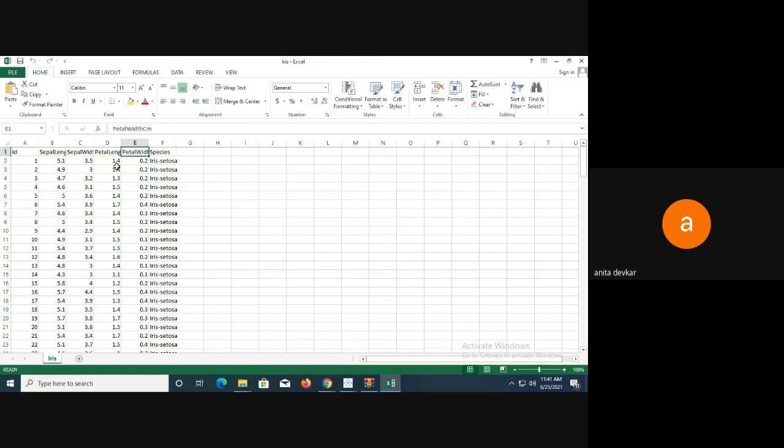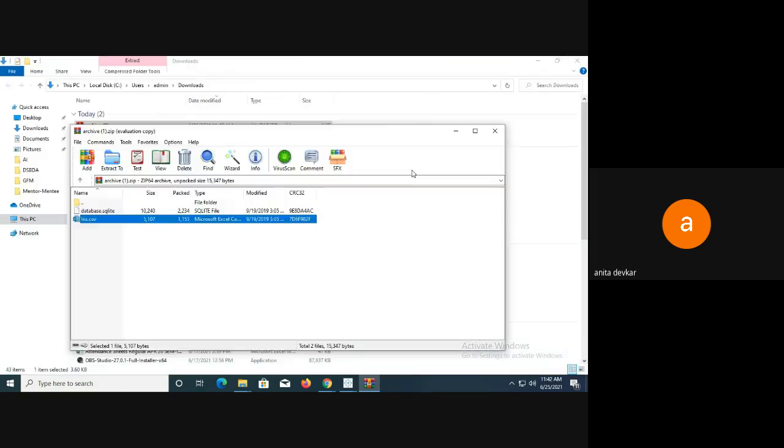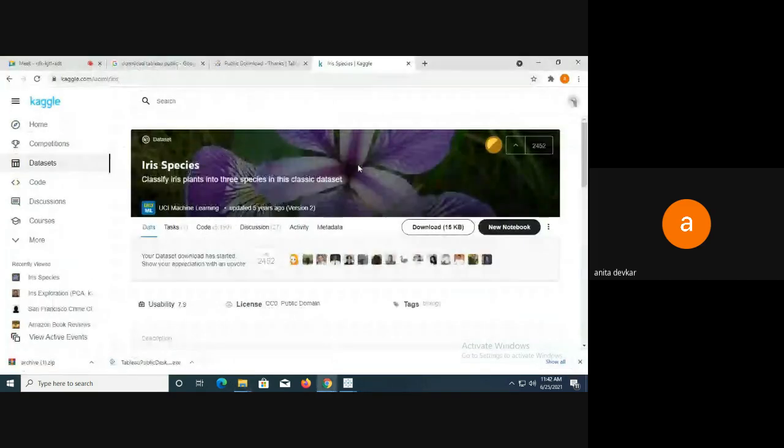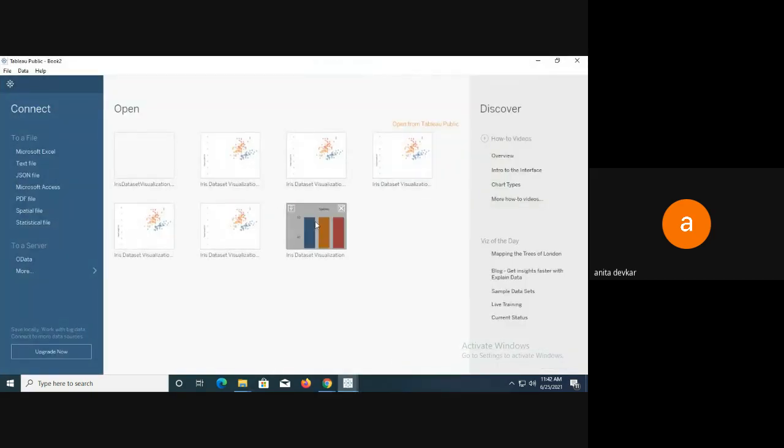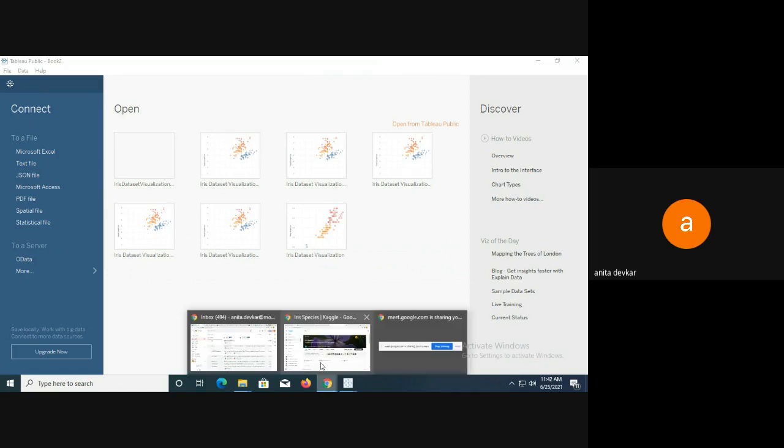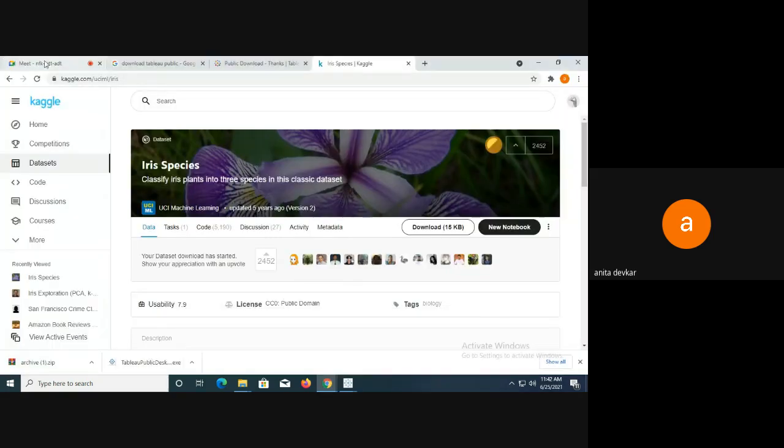Our aim is to analyze this data and perform data visualization on the iris dataset. So this is for downloading the iris dataset. Now I am going to the Tableau section. Just a minute.